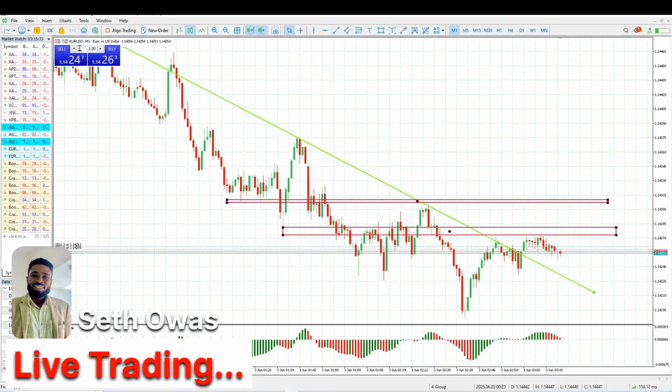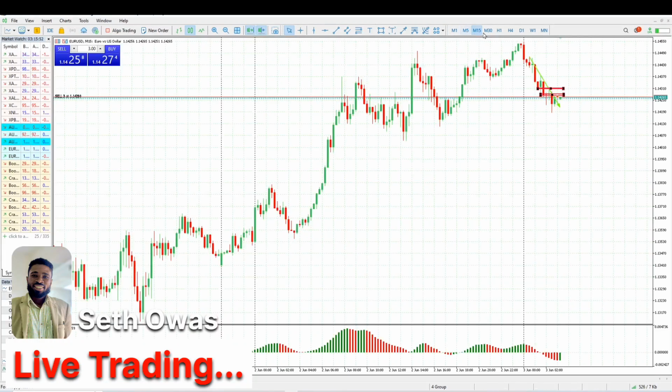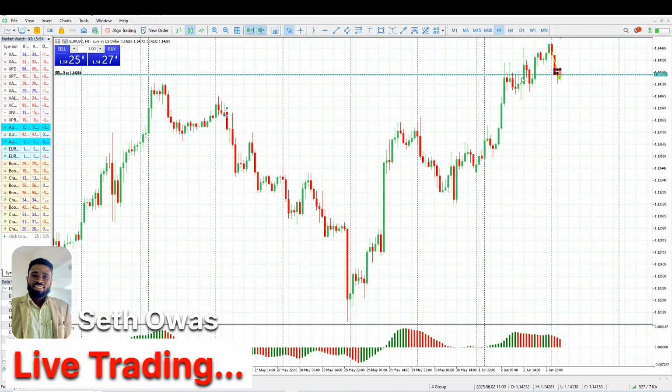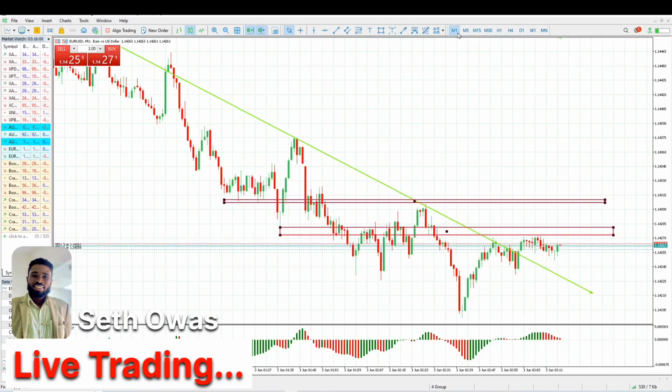Okay, so this is actually Euro USD, and as you can see, we are on the M1 time frame. Mostly I scalp on M1 time frame, but for you guys, I don't prefer you do that. I prefer you trade on M15, or maybe on the H1. That's what I prefer. But mostly for me, I know what I'm doing, so for easy recording, I mostly trade on